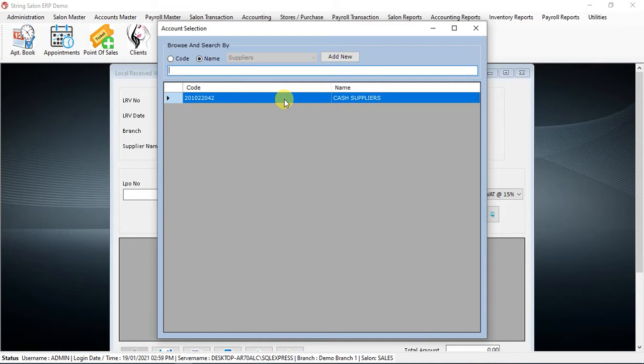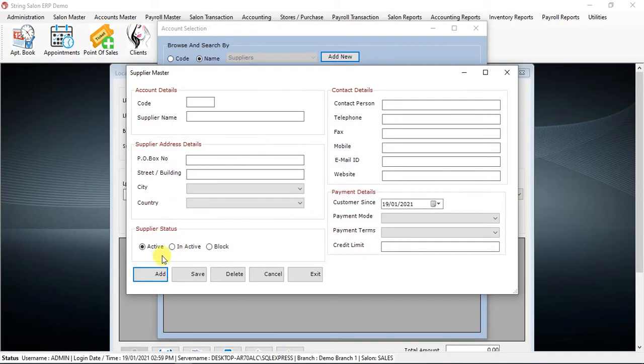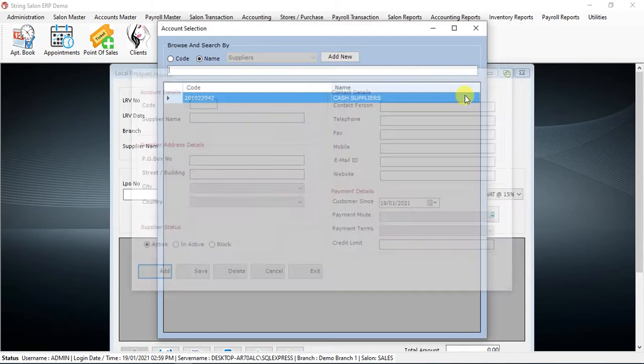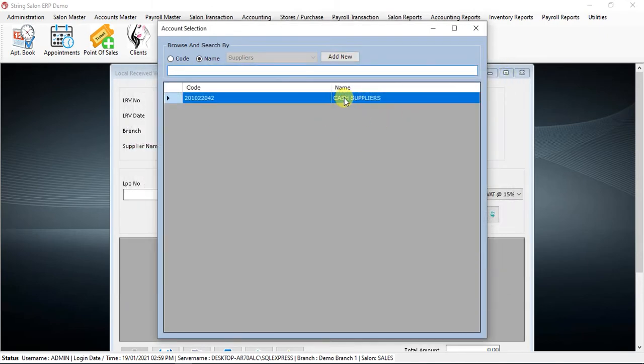Or if you want to create one, you can add in the suppliers, press add new, create the supplier and save, and you can use that supplier. It's just shops and everything, like Dubai Municipality, or any government sectors. If you are making a food expense, you can just put supermarket also, like that. I hope you understood that part.